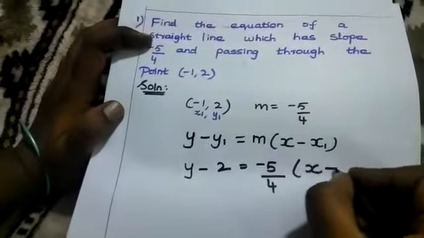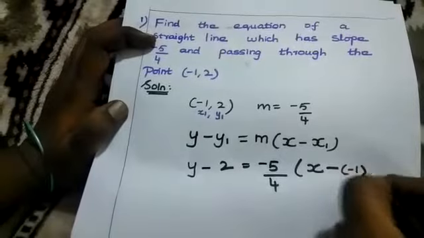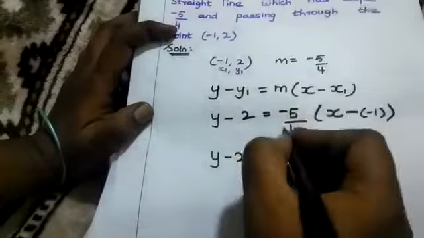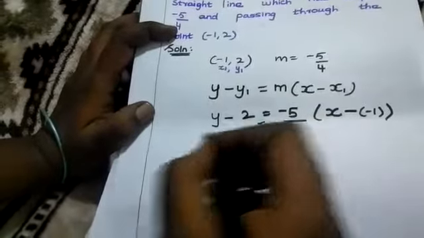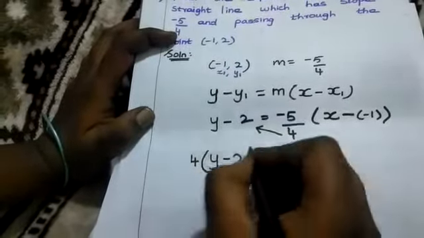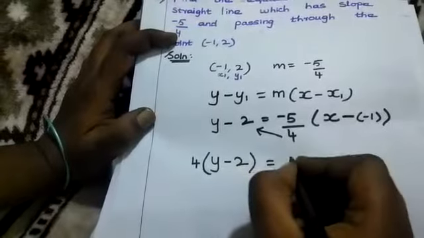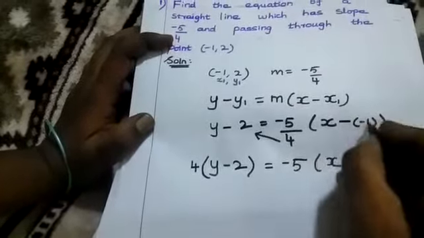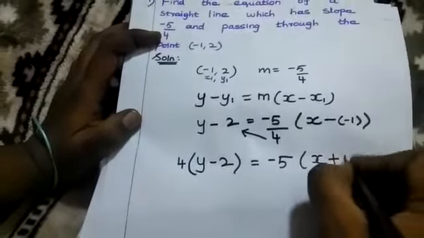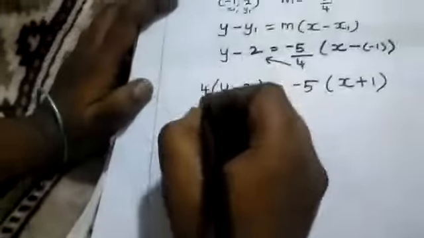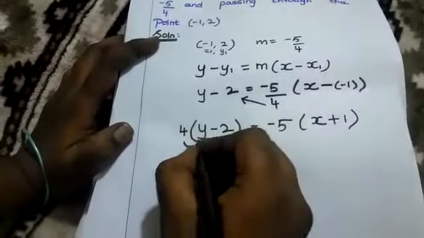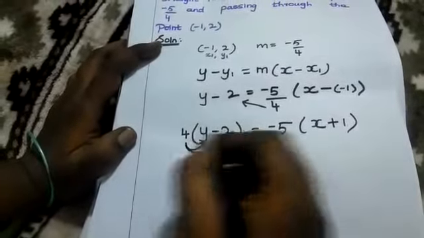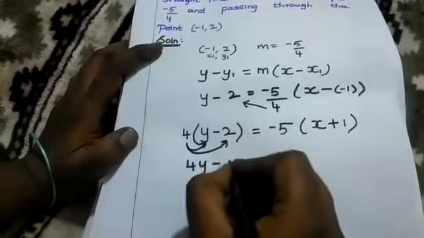Here already we have minus, so let me write it inside one small bracket. Next step, y minus 2. I can cross multiply this 4 to that side. So 4 into y minus 2 is equal to minus 5 into x. Minus into minus will become plus 1. Now I can take this 4 inside. 4 into y is 4y and 4 into 2 is 8, plus into minus is minus 8